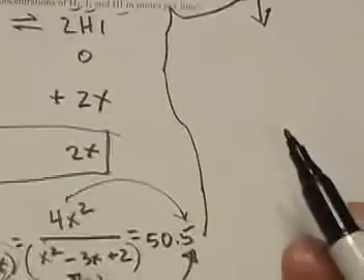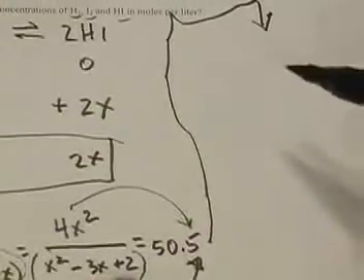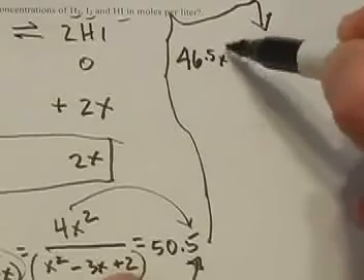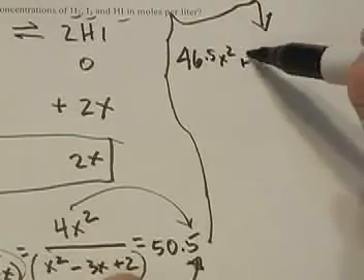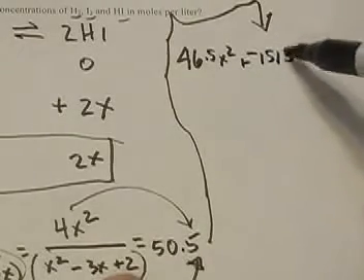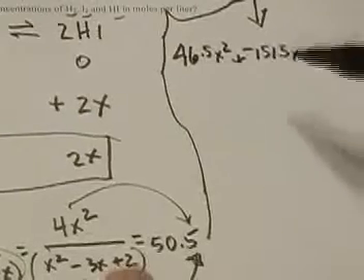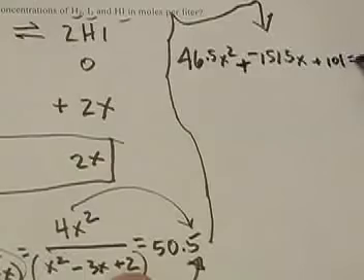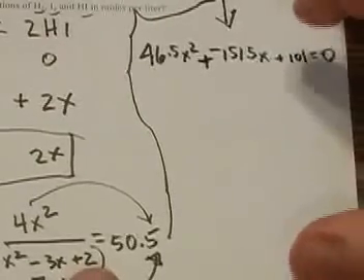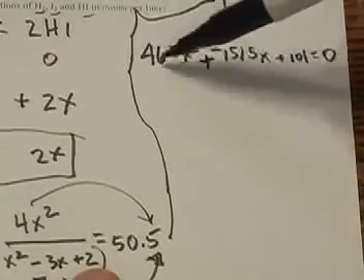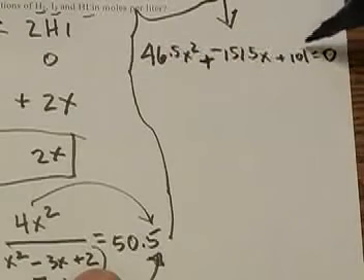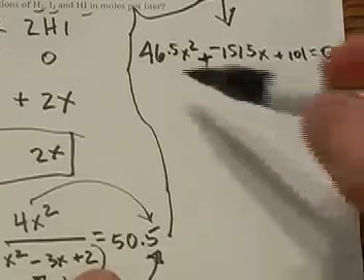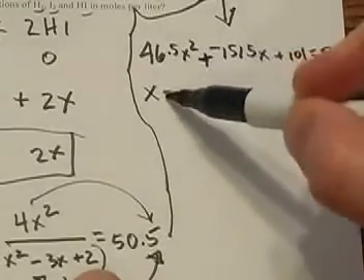It turns out that this expands to look like 46.5x squared plus a negative 151.5x plus 101 is equal to 0. And now you can take this as your 3 terms to put into the quadratic formula solver if you have it on your calculator, or you can shove it into the